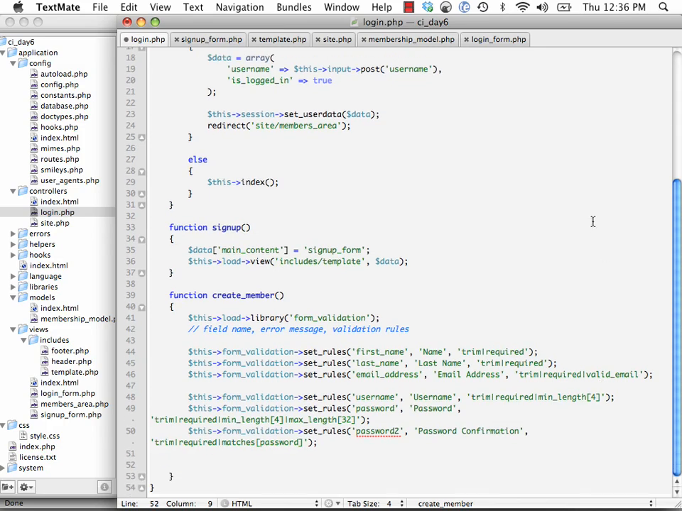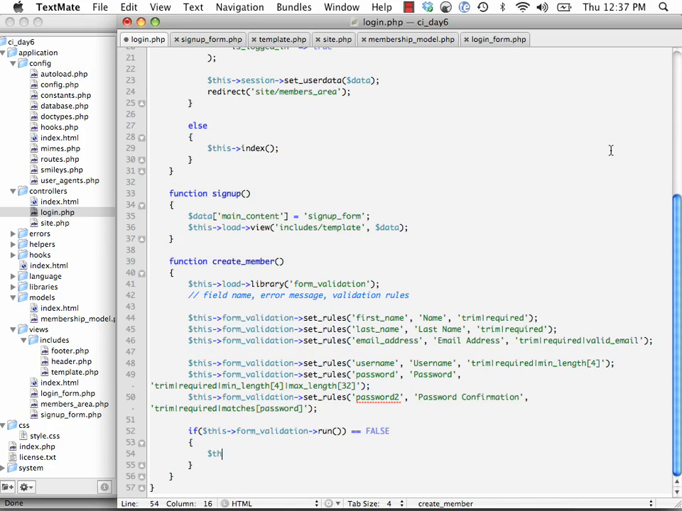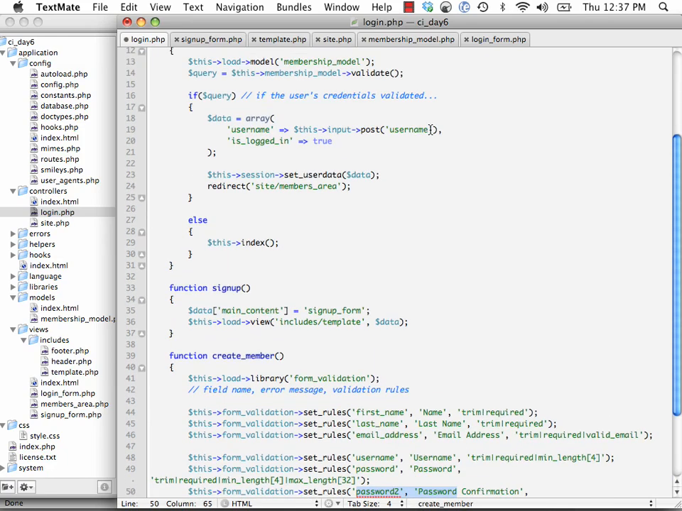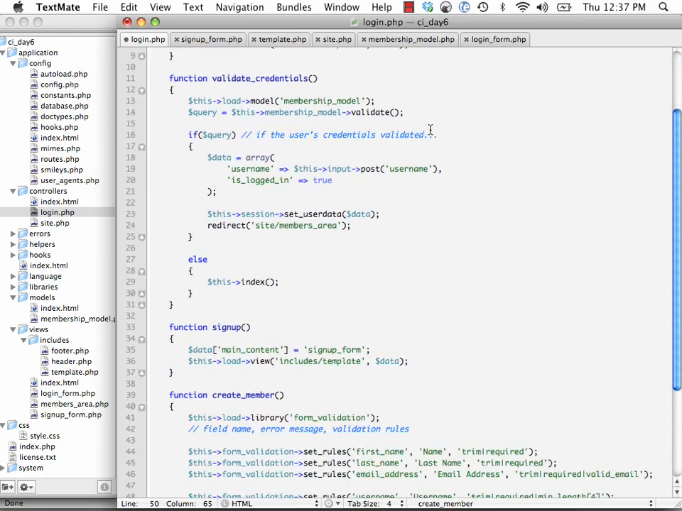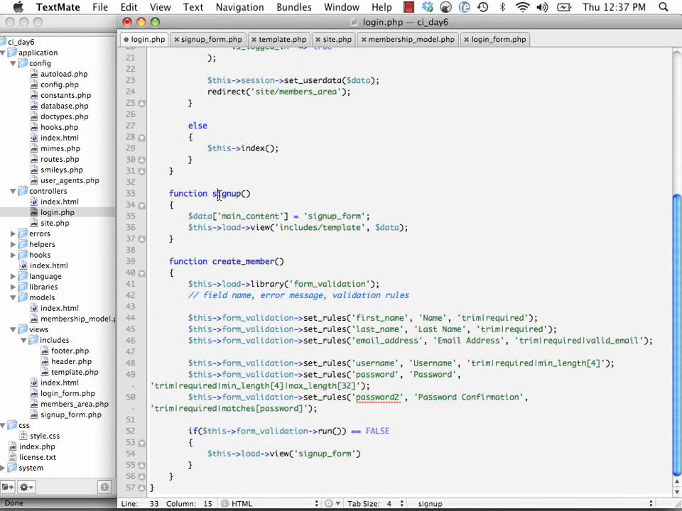Now we need to check to see whether the validation was performed successfully, if they did it correctly, or if they didn't. So if this form validation, and we're going to run, and if it returns false, there was a problem. And in that case, we will load the view again. This load view signup form. Or we could call signup again, but we're not going to do that. Else